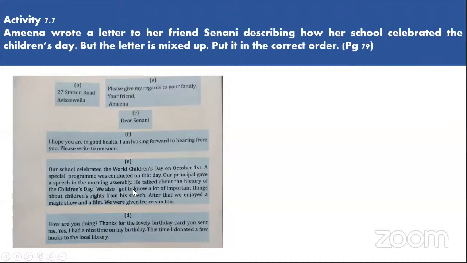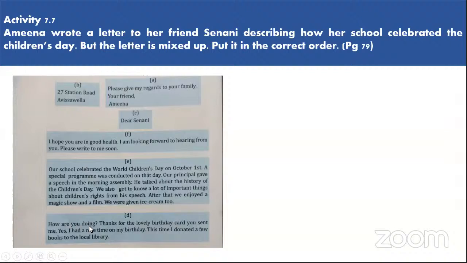We also got to know a lot of important things about children's rights from his speech. After that, we enjoyed a magic show and a film. We were given ice cream too. In the last part,